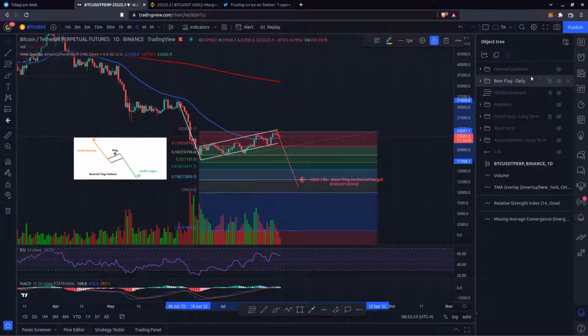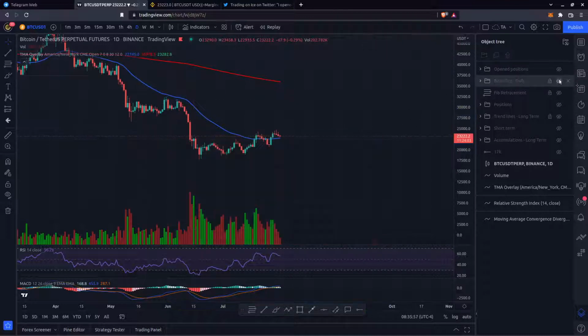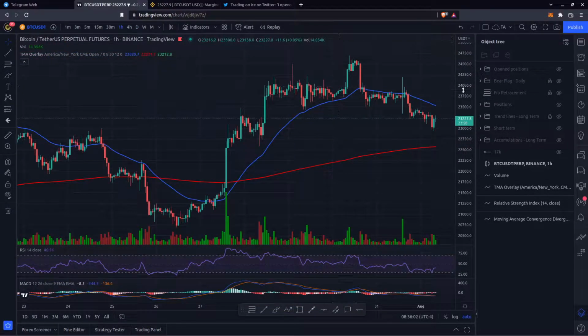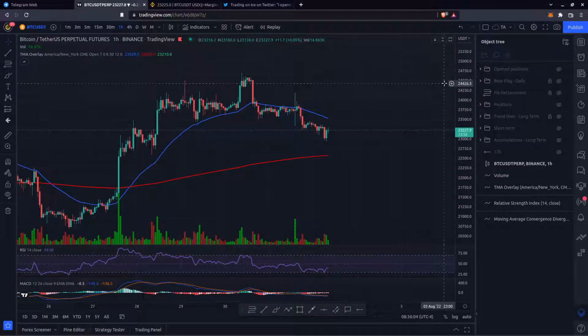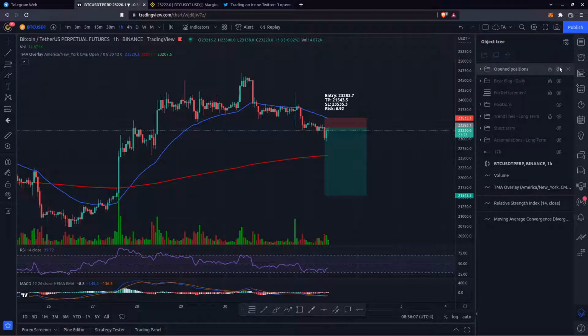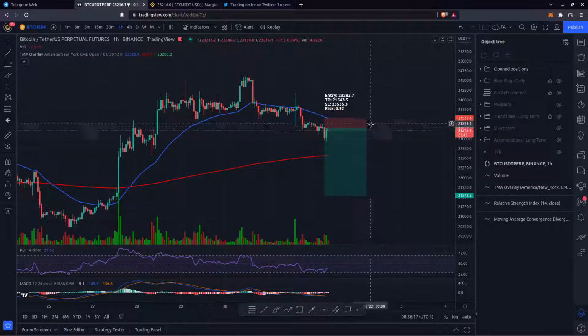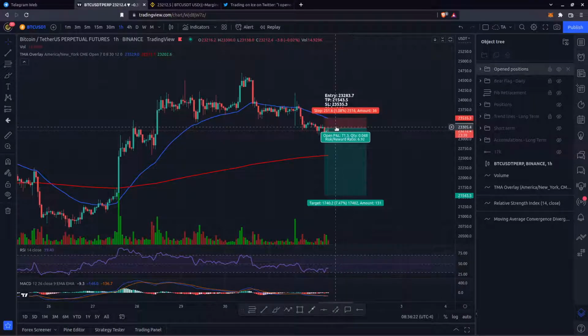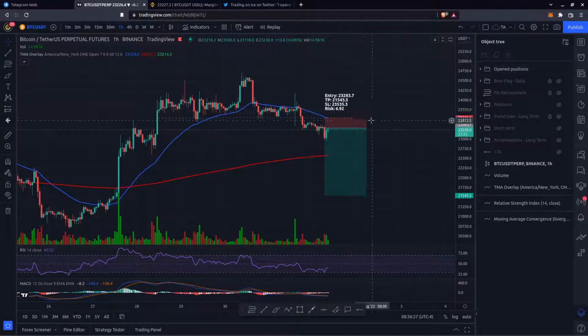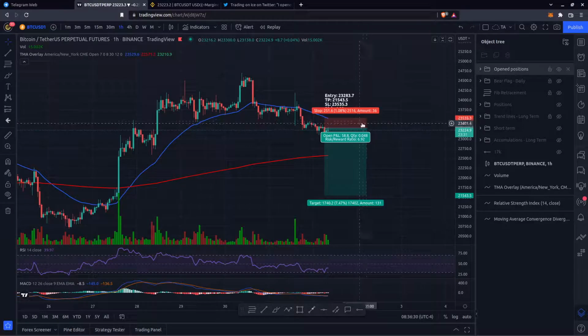But yeah, so let's go to the 1 hour chart. On the 1 hour chart, this is my position. Again, it's a very tight stop loss, but it's okay for me, really. I do expect some volatility, and if this plays out going against my position, it's okay. I'd rather just close it and then take a look later on, and maybe open a new position later on.